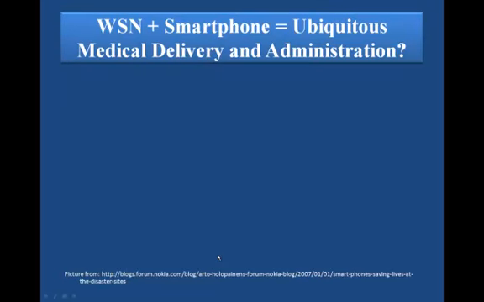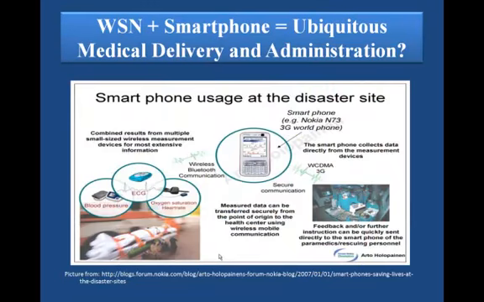Here is a sample scenario on how a smartphone is currently being used to transmit and receive biosignals and other medical data from the disaster site to a base station or nearest hospital. A configured smartphone receives data from the medical devices attached to a patient and transmit them to a group of medical experts who give immediate feedback to the medical personnel on site. In a remote setting where cell towers and other network connections are either out of commission or simply inexistent, wireless sensor networks and satellite connections are the current solution.